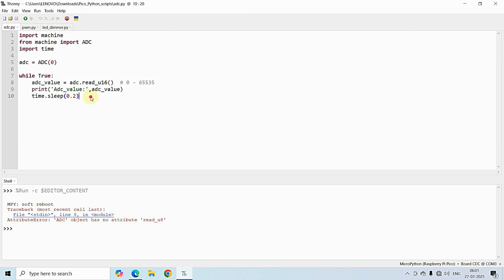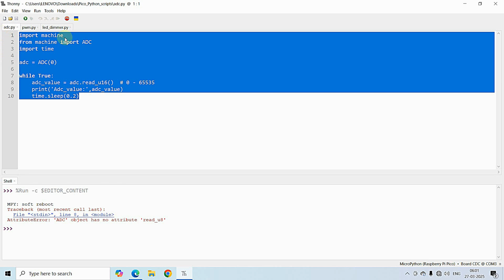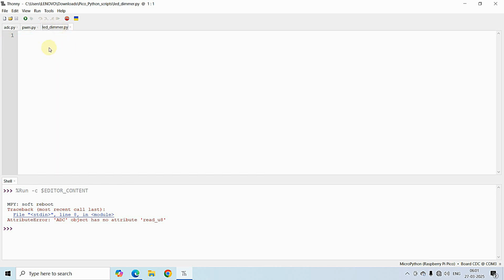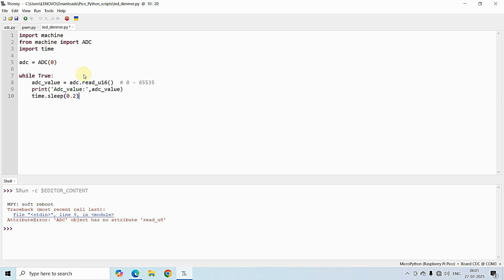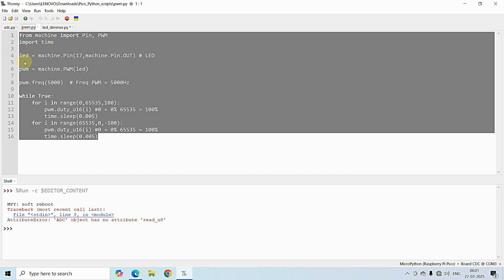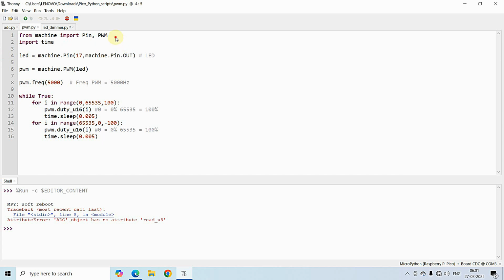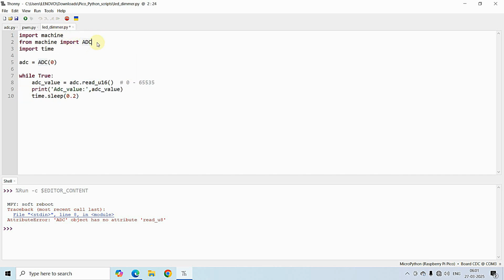I'm just going to copy this program from the interfacing of variable resistor with the Raspberry Pi Pico lecture video, and I'm going to paste it right over here. And from this particular LED dimmer using PWM signal generation video, I'm just going to copy this first line, that is importing of the PWM module,